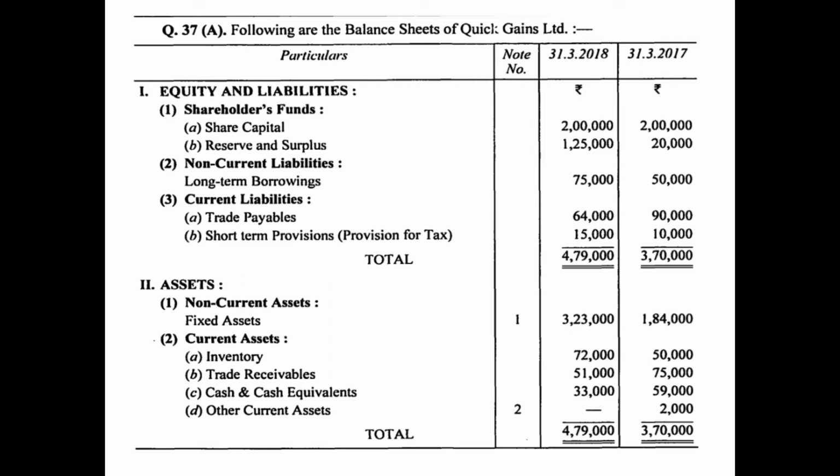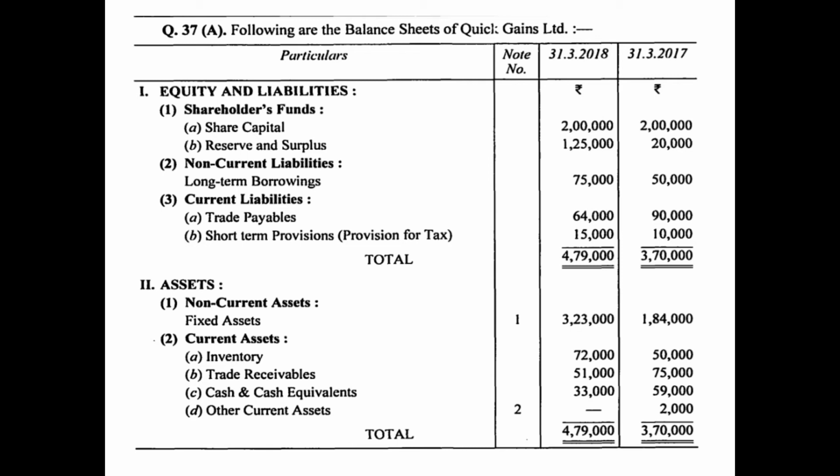Then the next one is short term provisions, and in bracket it is mentioned that this is the provision for tax. So last year provision was 10,000 and current year provision is 15,000. So we will see further whether the provision for tax account is required or not. If the account is required, then we'll do accordingly. If the account is not required, then the previous year's provision for tax 10,000 will be deducted as income tax paid under the operating activities, and the current year provision of tax rupees 15,000 will be added back to the profit while calculating net profit before tax.